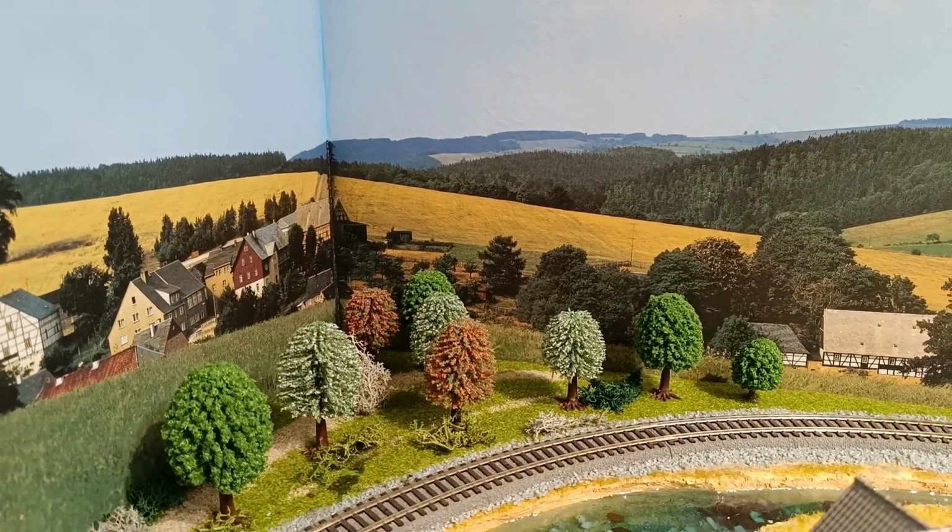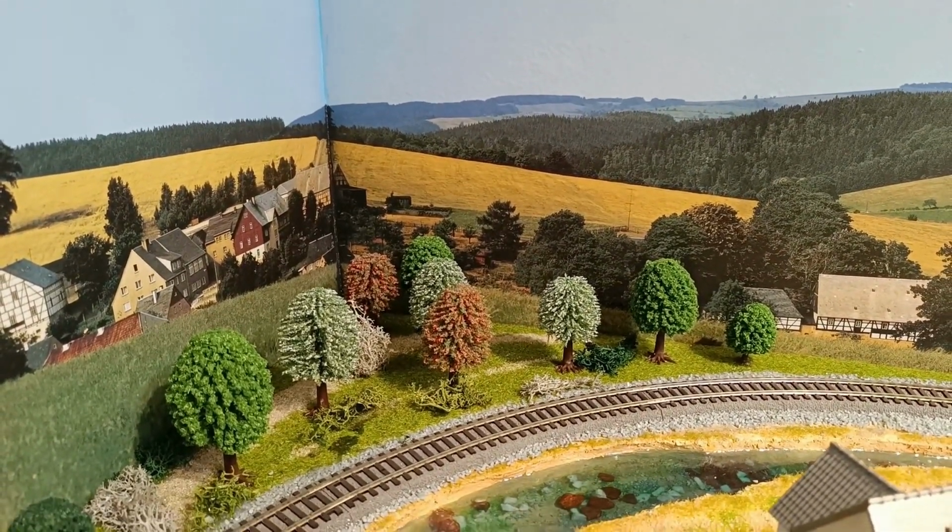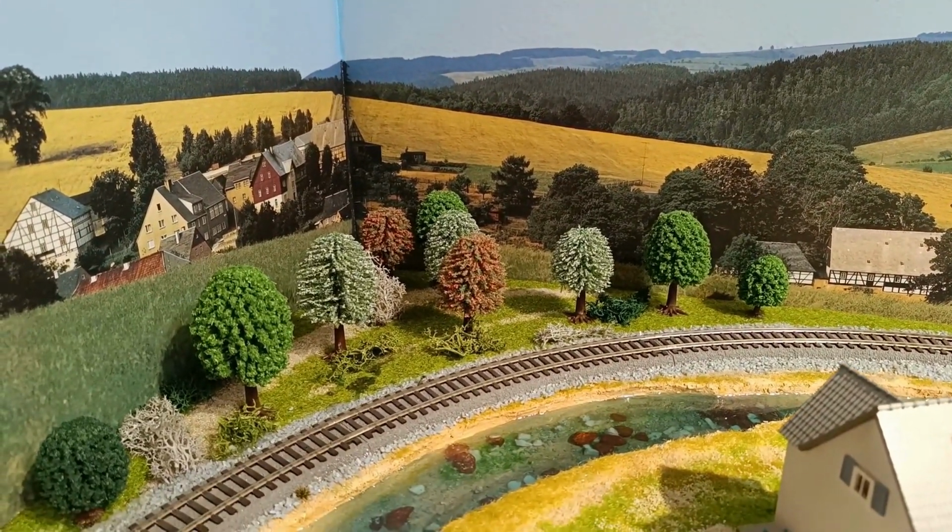And of course, while the scenery is taking shape, the trains keep running smoothly, which is always the best way